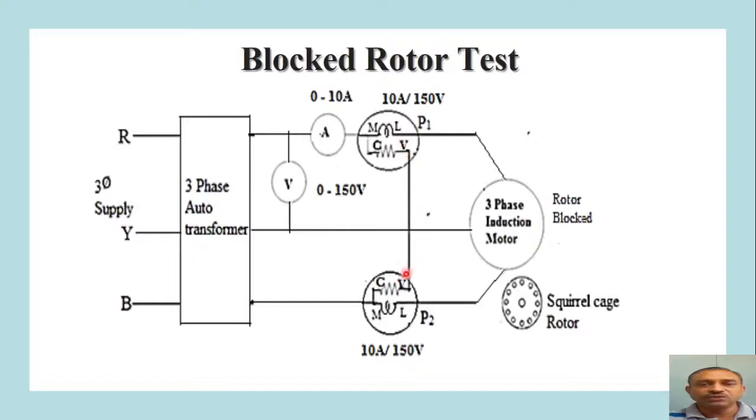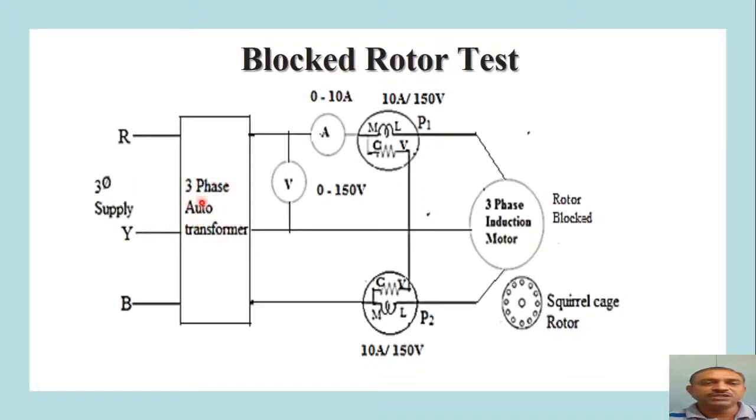The wattmeter's multiplying factor should be noted, and the readings should be multiplied by it before we convert them and write them in the observation table. Now during the block rotor test, first we have to block the movement of the rotor. How can we do it? This is done by the brake pulley arrangement. Tighten the brake pulley along with its belt so much that the movement of the shaft and ultimately the rotor is blocked. Once we do it, make the position of the auto transformer at 0. Carefully observe it. Then only switch on the supply.